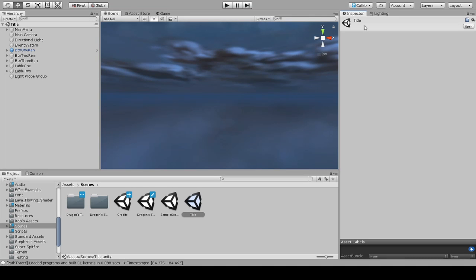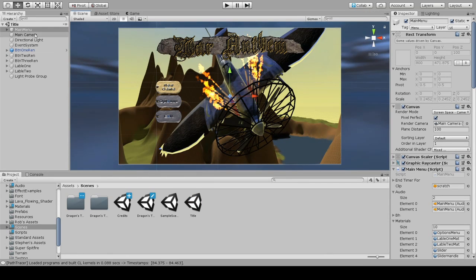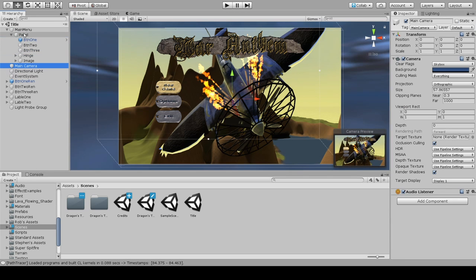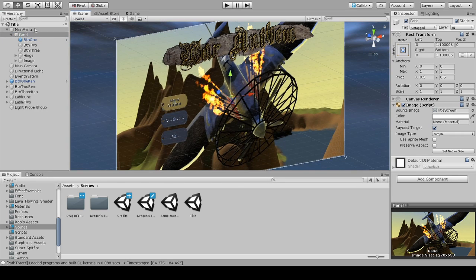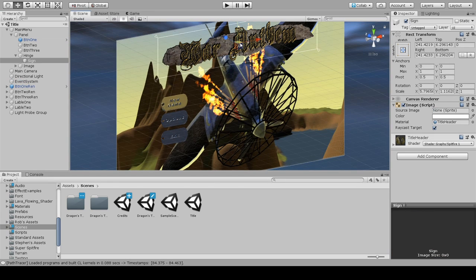Okay, so what I'm going to do here is pop the hood on the game and give you a little insight into what's going on behind the scenes in the background. So if I break down my UI, you can see I have different components here. Now, the actual title itself